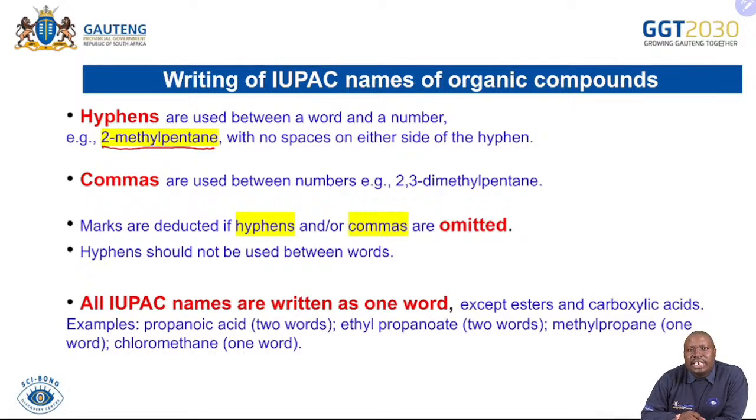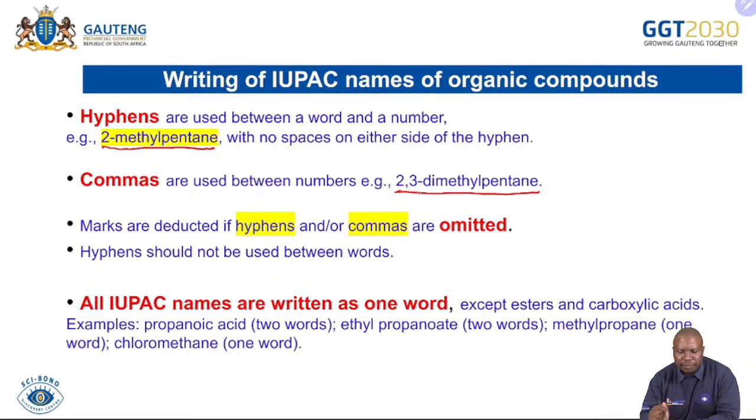Commas are used between numbers. So let's say you are having 2,3-dimethyl pentane, which means in carbon number 2 you have a methyl, and in carbon number 3 you have a methyl. Di means there are 2. The one is in carbon number 2, the other one is in carbon number 3. So between the numbers 2 and 3, there must be a comma. Comma is between numbers, hyphen is between a number and a word. I hope you got that, and you're going to ensure that you don't make those small mistakes that make you lose marks. We must be able to obtain as many marks as we can when we write our paper